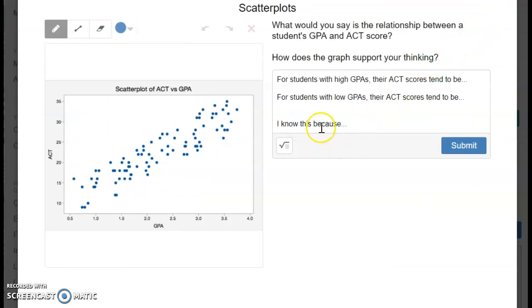And then finally, the fourth card said, what would you say is the relationship between the student's GPA and ACT score? Do you think there is a relationship there? Okay, how does the graph support your thinking? The students with high GPAs, their ACT scores tend to be high. Okay, and the students with low GPAs, the ACT score tends to be low, would be my observation. Okay, all right, so then,